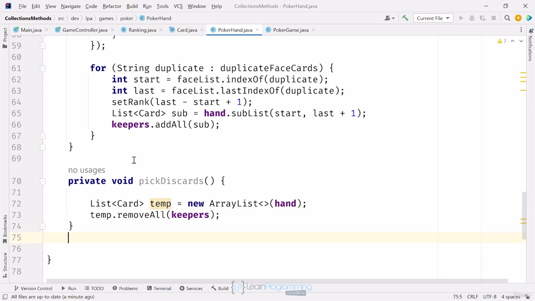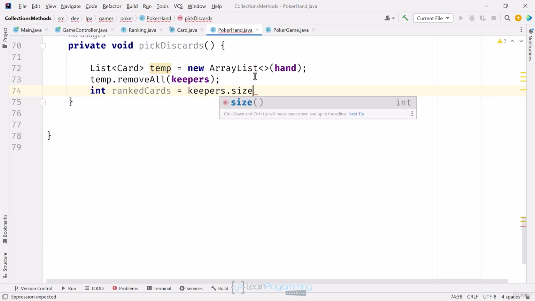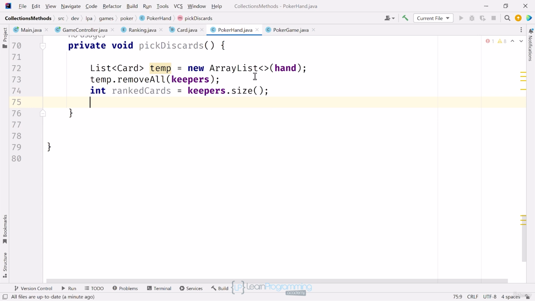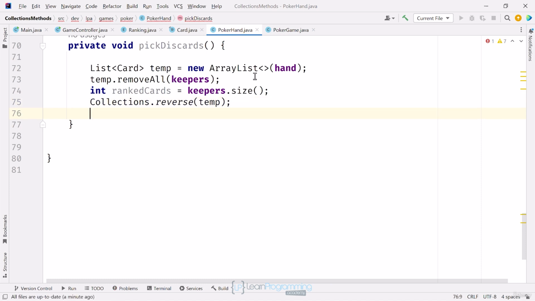This might be good enough in some circles, but you may not want to throw away higher ranked cards, like an ace or king, so I'm going to check for these scenarios. I'll set up a local variable for how many of my cards are part of a card rank, and I'll call that rankedCards, equal to the size of keepers. I want to reverse the order of my temporary list of remaining cards using Collections.reverse so that the lowest ranked